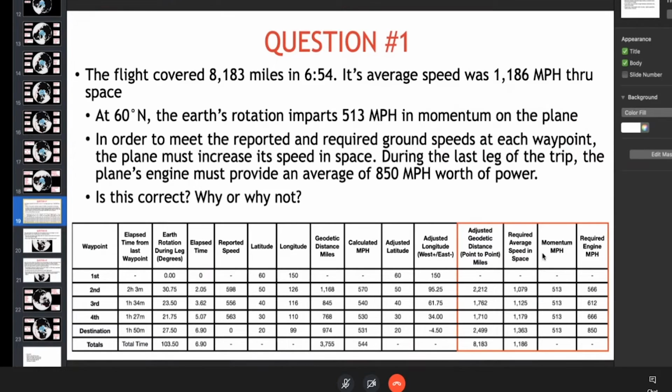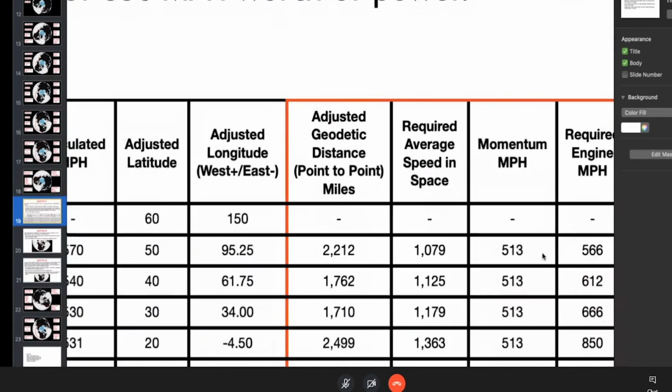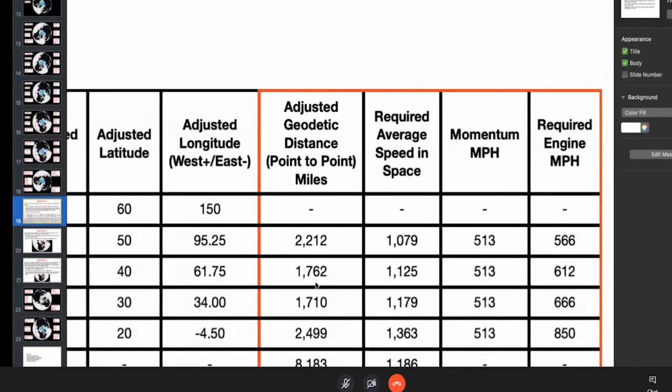Why or why not? And I'll just point at what I'm talking about here. These are the adjusted geodetic distances, the great circle distances for each leg of the trip. This is their required speed. So as I showed you earlier, it increases for each leg of the trip and then drastically increases on the